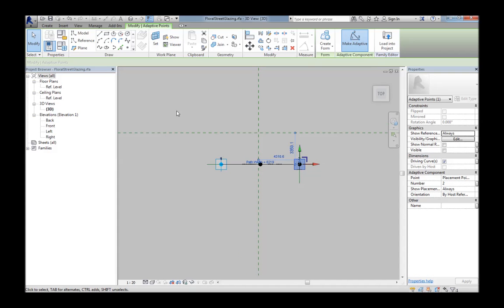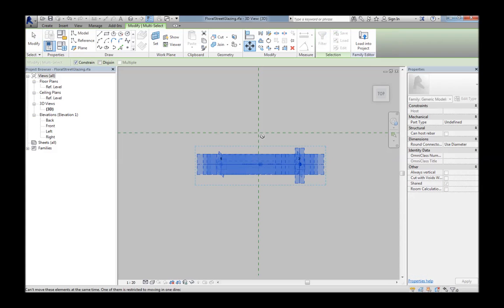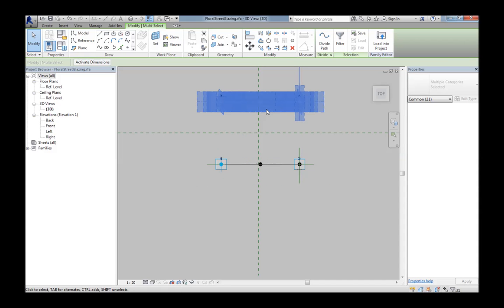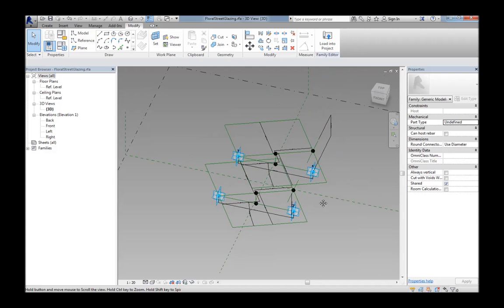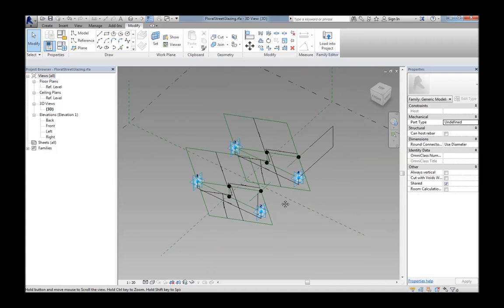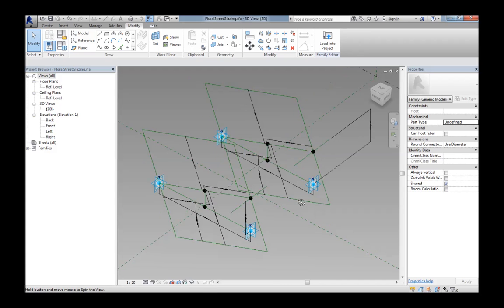We're taking that previous example, we saved a new version, and we're selecting everything and copying that. So now you'll see once it's copied, for instance, the adaptive points are renumbered. So it's like 1, 2, 3, 4. That's what you want to see. All of the dimensions are copied, and